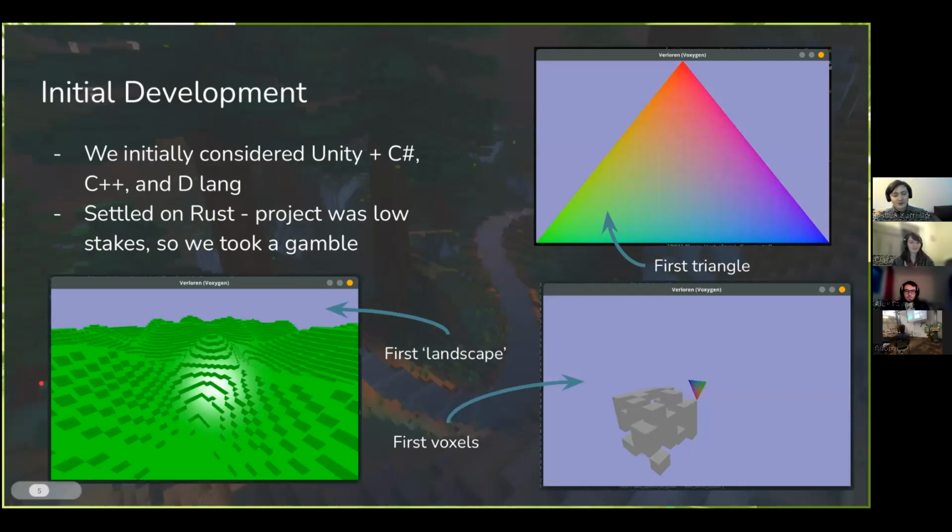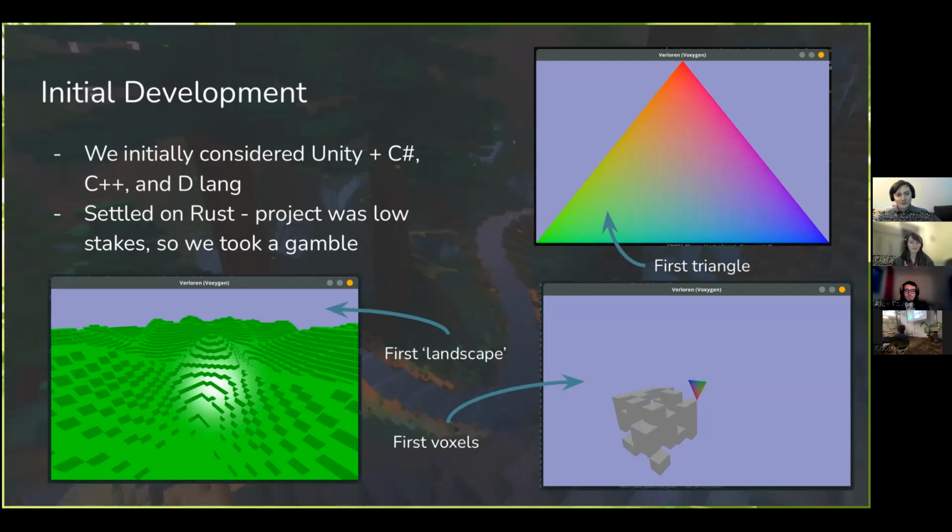So the initial development was fairly fast. It really occurred over a few weeks. We had maybe 30 to 40 odd people that were really interested in the project and joined the Discord server. There was a lot of speculation, obviously, and maybe only about 10 of us that were actually getting into the writing of code and looking at things. So we considered various alternatives: Unity, C++, D, which is a programming language which sits somewhere between C# and C++ in many respects, with